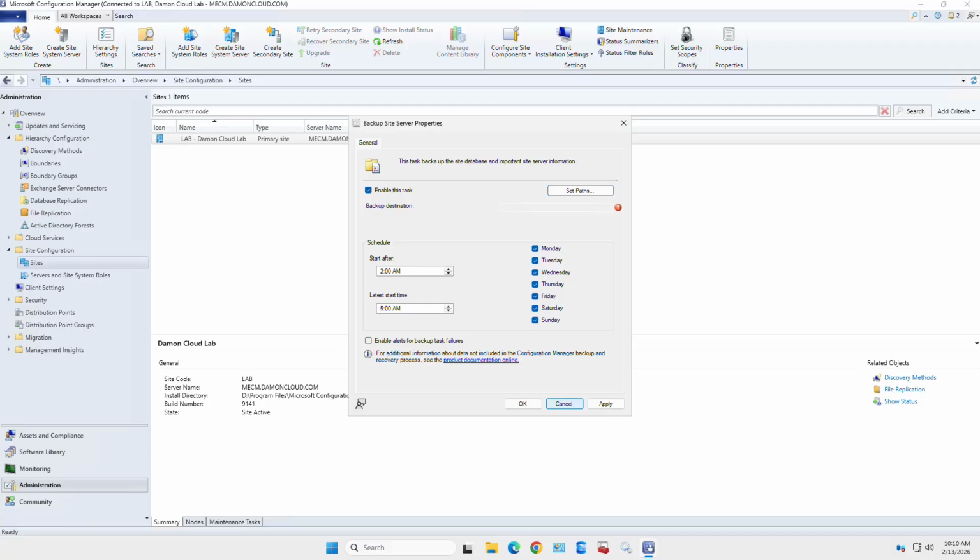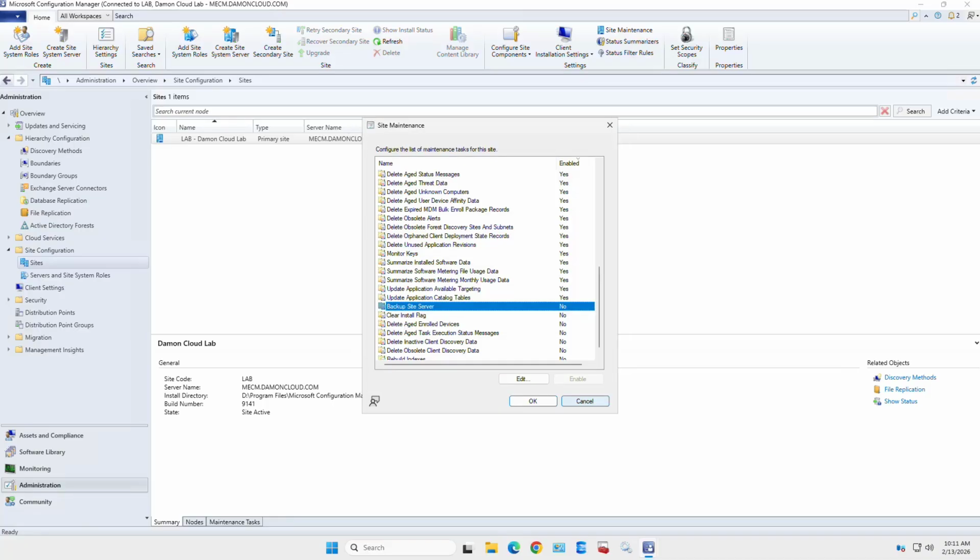And you can also, right down here, enable alerts for failures. I recommend doing that so you know if it failed. If it's a permissions issue or something like that, you'll get an alert in the monitoring section of the administration pane over here on the bottom left-hand corner. And that's pretty much it for the